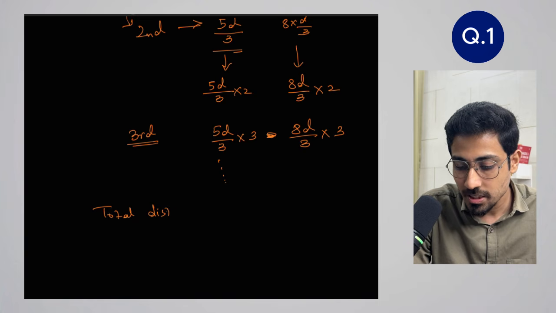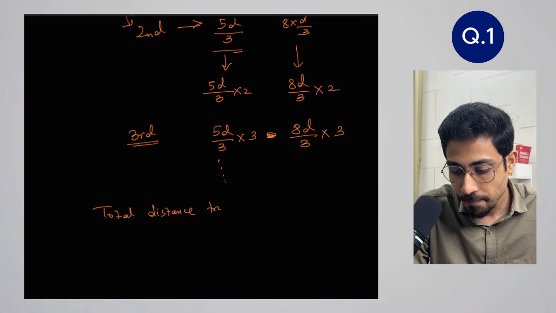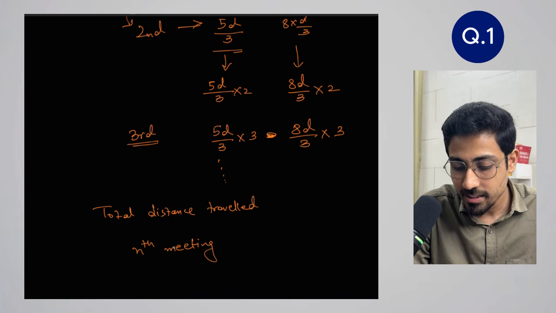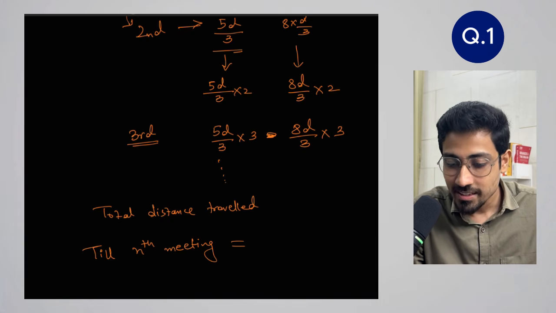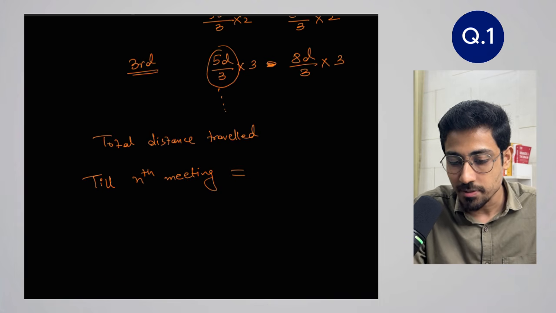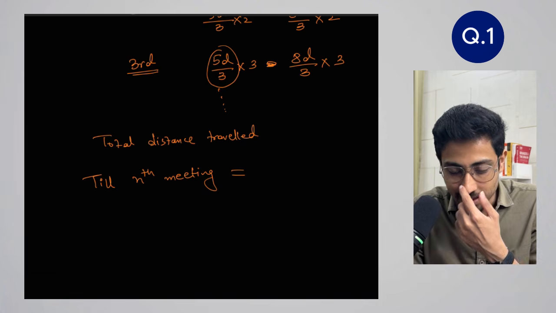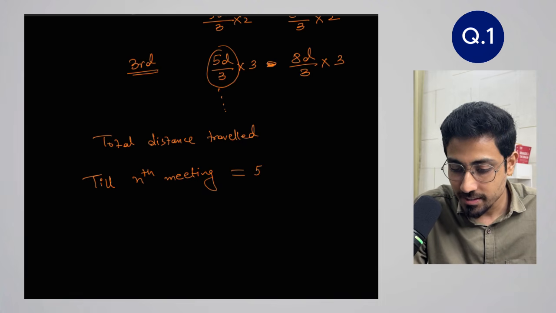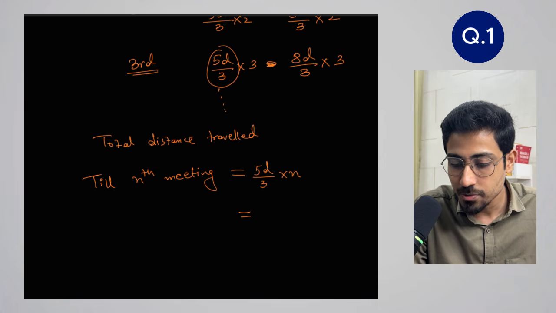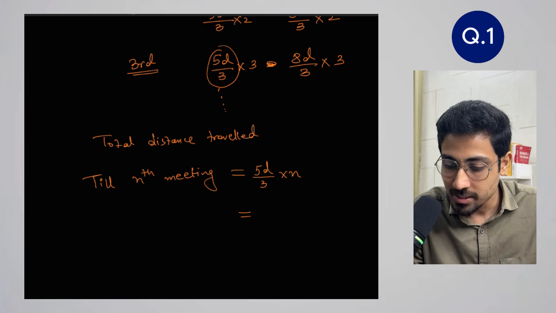Yes, what is the total distance traveled till the nth meeting point? It is nothing but this particular ratio that you see, 5d by 3 into n. In this case it is 5d by 3 into n, where n is the number of meeting points. But let's not confuse this with